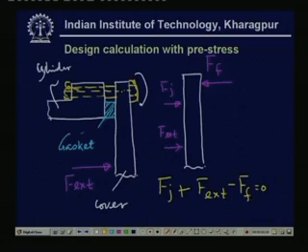Fj is the force experienced by this joint, that is the gasket force. This is a statically indeterminate problem, so we will have to use the kinematic relationship. Now we consider the bolts to be flexible, that is, they have some longitudinal flexibility along the axial direction. So if you consider that, then the total extension due to